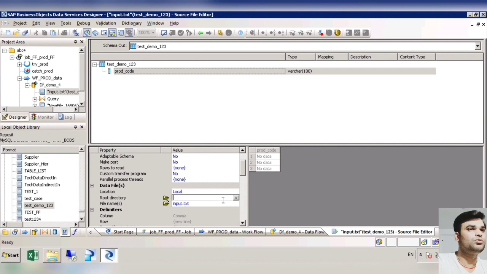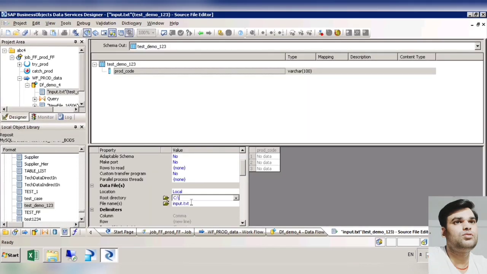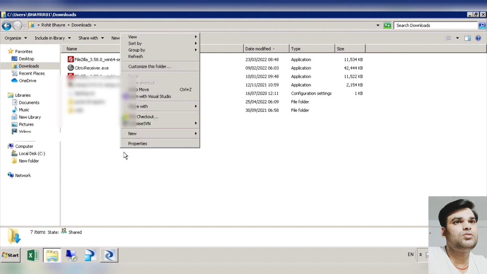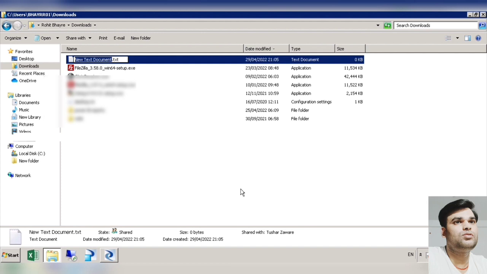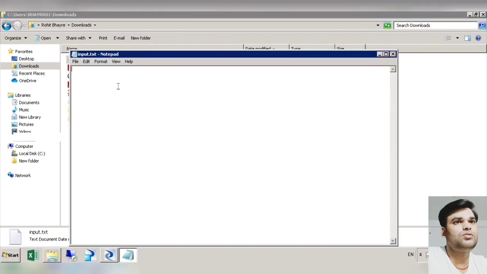Okay, and I'll give the root directory. Let's give this path, and inside this download, let's create one text file which will be named input, and this input will have, let's say, 1 2 3 4.